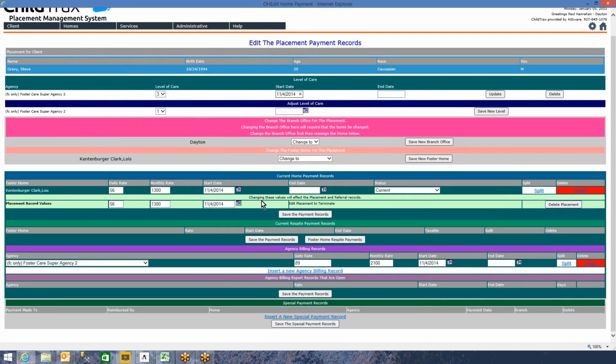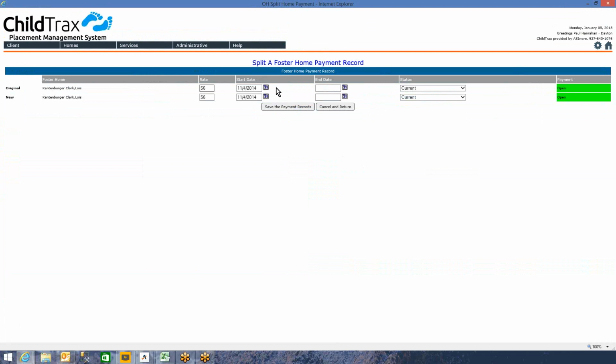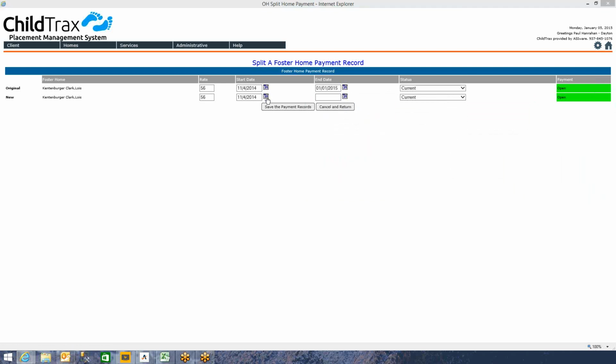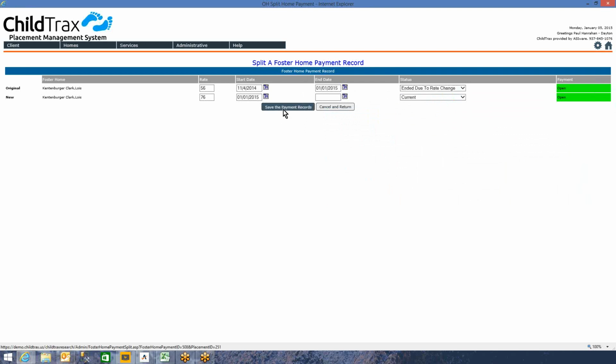And then we're going to come down here, and there are 2 parts to this rate change. We've got to change the home payment information, and we've got to change the invoice information. So to do the rate change, we're going to hit the split button, and then we're going to say this ended obviously on January 1st of 2015. This one will start on January 1st of 2015. This new rate is going to be $76, and this old rate ended due to a rate change. So once you get this screen set up with the old ending and the new starting, just hit